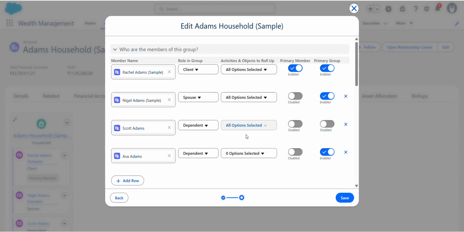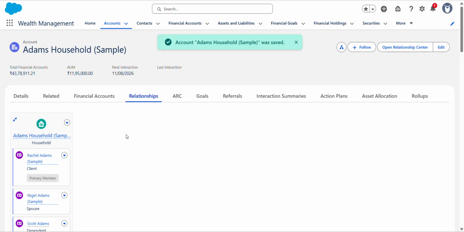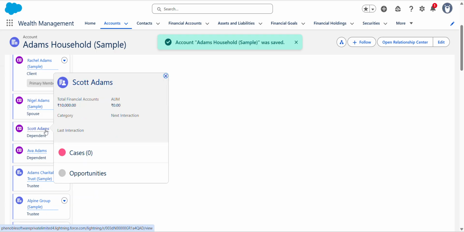Okay, so now we can make Scott Adams the primary group for this household, right? So enable this primary group for Scott Adams, right? And click on save. Okay, now we can see Scott Adams is the primary group for this household, right?